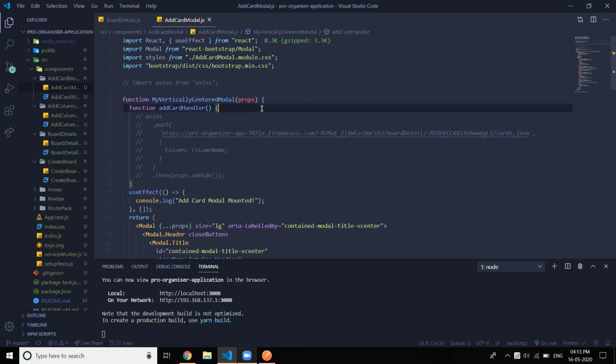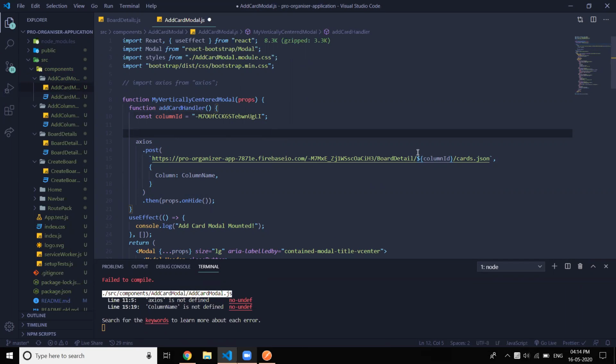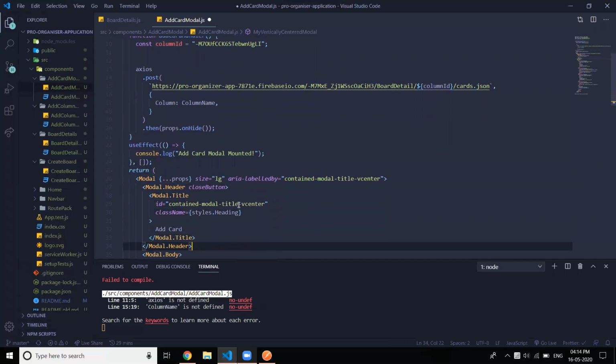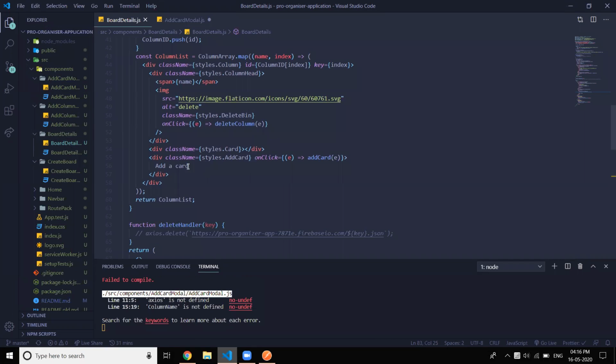Inside this. Yes. We get the column ID. Basically, whenever I click on add card button, it should get me the column ID. This is add column. So when you click add card, go to this function.